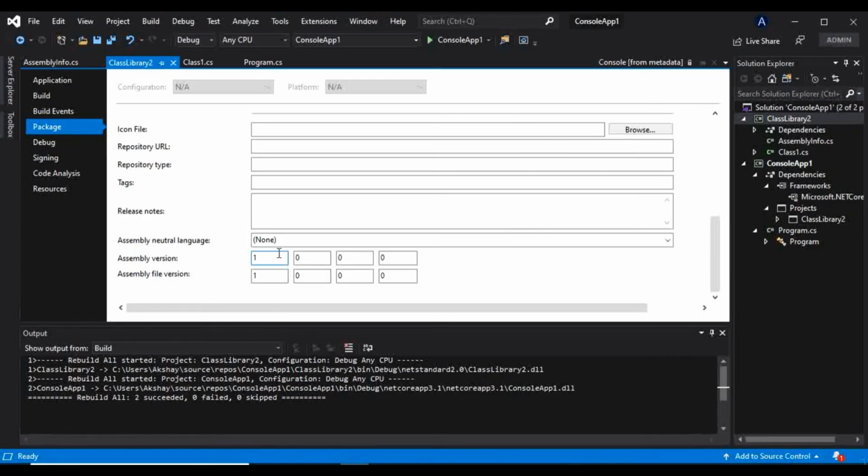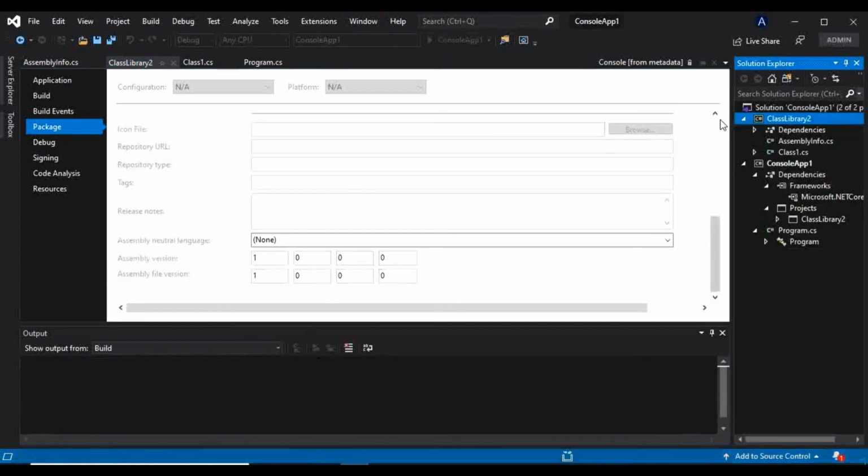Now what I will do: I have already changed that from 2 to 1. Now I will save this and rebuild this.